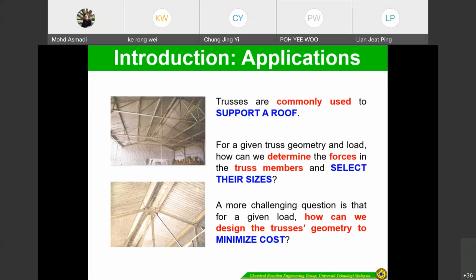A more challenging question is, for a given load, how can we design the truss geometry to minimize the cost? For an engineer, of course, cost is one of the important criteria to consider in design, not only for the truss but also, as a chemical engineer, for a reactor or distillation column. All of these involve cost because we want to